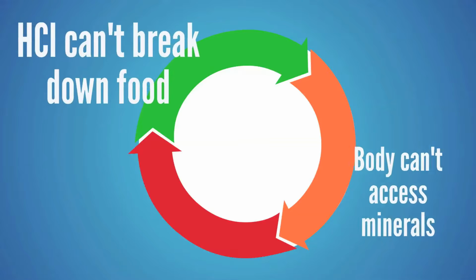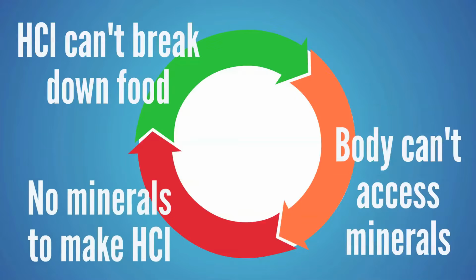food. But we need minerals from our food to be able to make hydrochloric acid. So the body can get stuck in, well, which one got broken first? Was it broken because we couldn't break down the food and access the minerals? Or do we just not have enough minerals available to access that food? Who knows? What we know is that the system is broken and it needs to be corrected in order for us to be able to access nutrients in the food that we're eating.